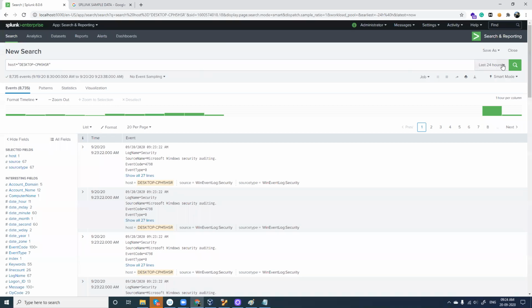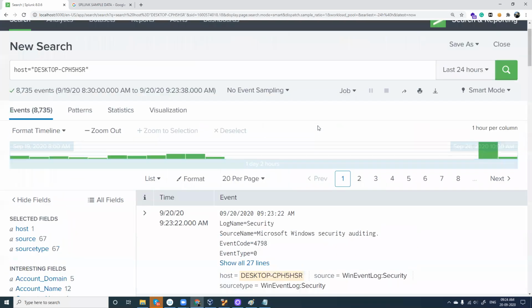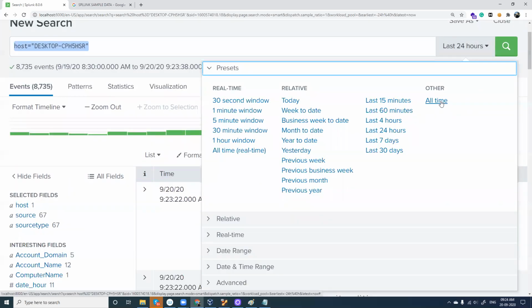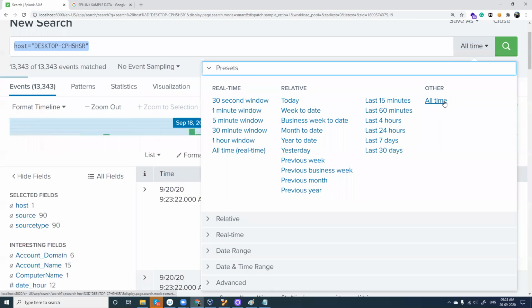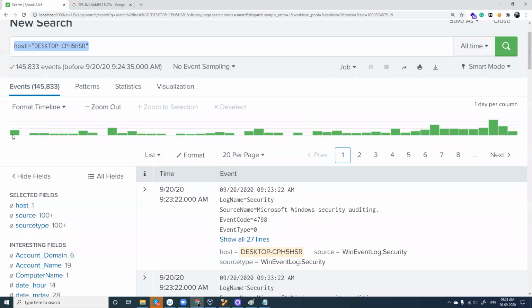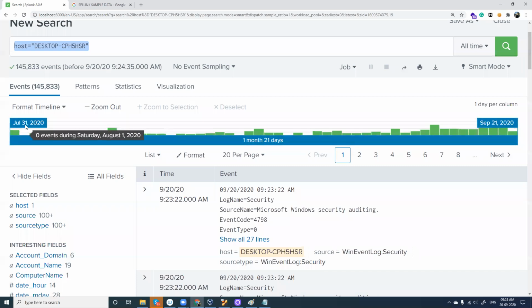But when you move to this end, this data, okay, I want to zoom. Okay, is this fine now? So this is the search box for my desktop. It has added keywords. So Splunk keywords will be like this: host equals some value. And see here, this is only for the last 24 hours. Right? So what you have to do is click this icon and give all time. So it is going to grab details, see, it is one month, July. It is going to grab details from the beginning of the computer. Fine.